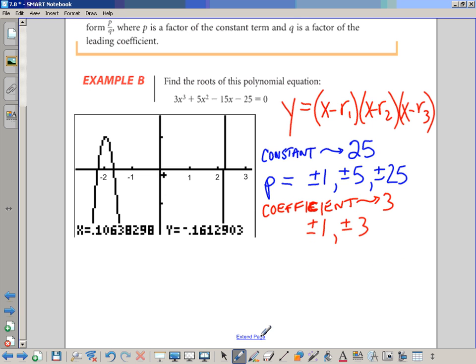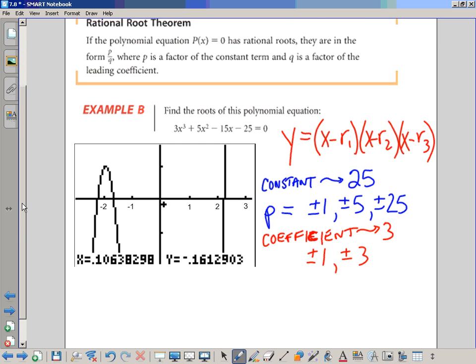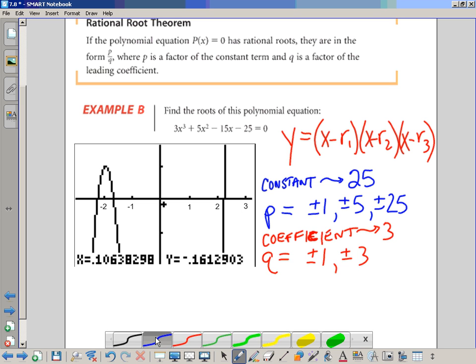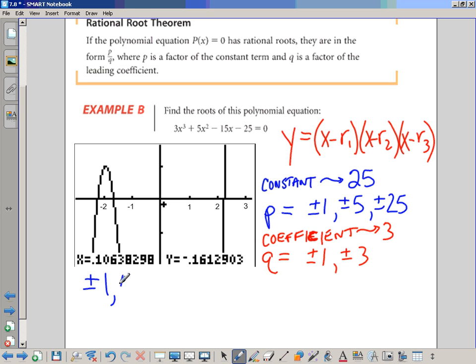So what we find according to the rational root theorem is the potential roots of this function will be in the form p over q, where p would be made up of the blue numbers, and q would be made up of the red numbers. So what we have here for the potential solutions to this problem, first of all, positive or negative 1, positive or negative 5, positive or negative 25 are all potential solutions, because if you do p divided by q,